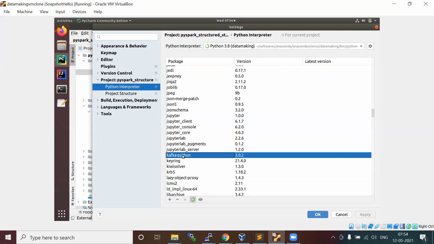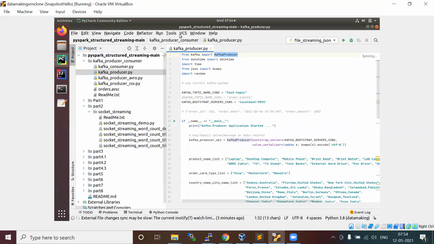Kafka Python, I already installed it. Okay. So if you want to install, you can go through the IDE to install. There it's not coming somehow,